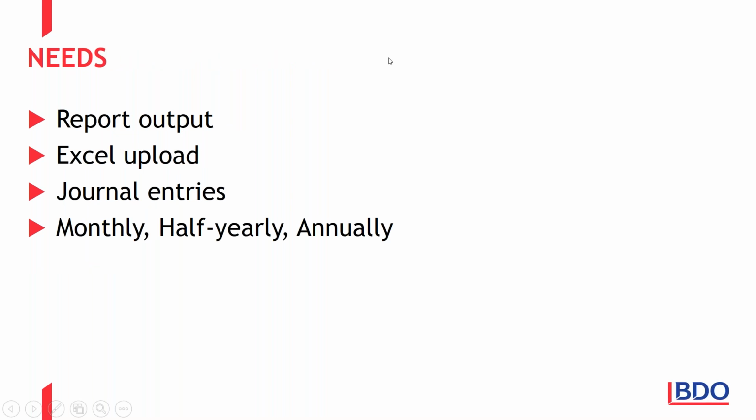The other thing is, before you move on to things like software solutions, and before you move on to things like what's the impact of the numbers, perhaps it's more important that the project team stand back and actually says, look, what do we actually need? What are we trying to produce in terms of reports? How are we going to upload our data? And many organizations we are talking to very late in their project management piece are starting to realize that the only thing they really need is a monthly report and the journal entries, which account for the leases. So that might be the basic need. It can get more complicated from there, but understand what the organization needs from the standard to actually embed it in their processes